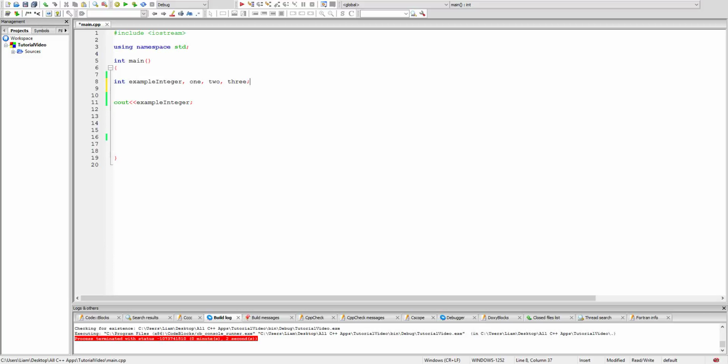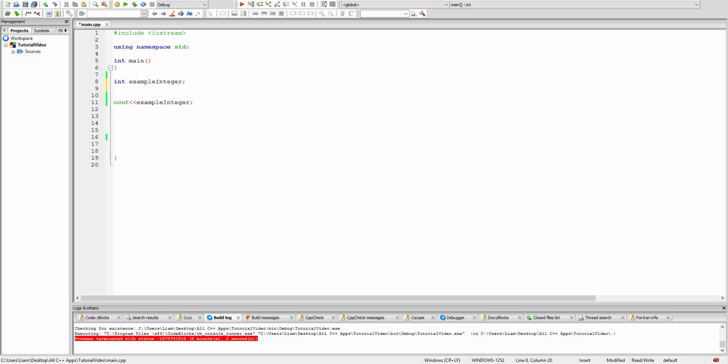Now, once again, you don't have to do it this way. If you want to create integers on their own individual lines, you can easily do that. It's just an option, and typically I like to do this simply because it keeps it organized. Especially for, as I said before, math-based or number-based programs. But for now, we're just going to have